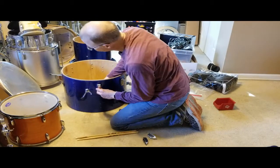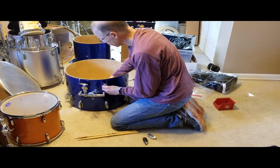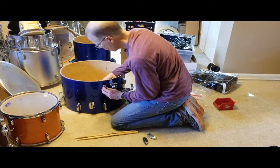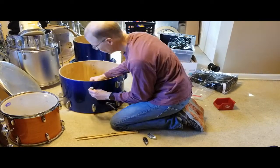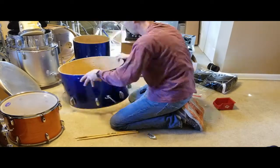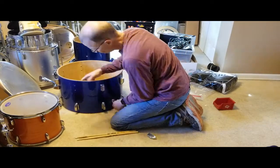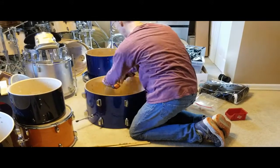Now we're going to do some fast motion installation of the bass drum lugs. There are 8 lugs per side of the drum for a total of 16 lugs. They each have 2 screws, and I turn those in by hand, and then for some reason I decided to go with the impact driver to tighten them up,